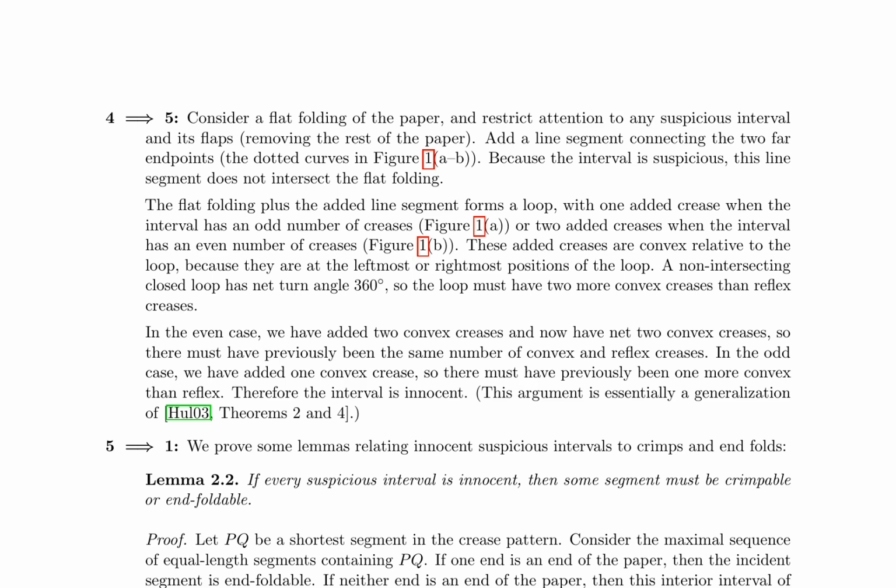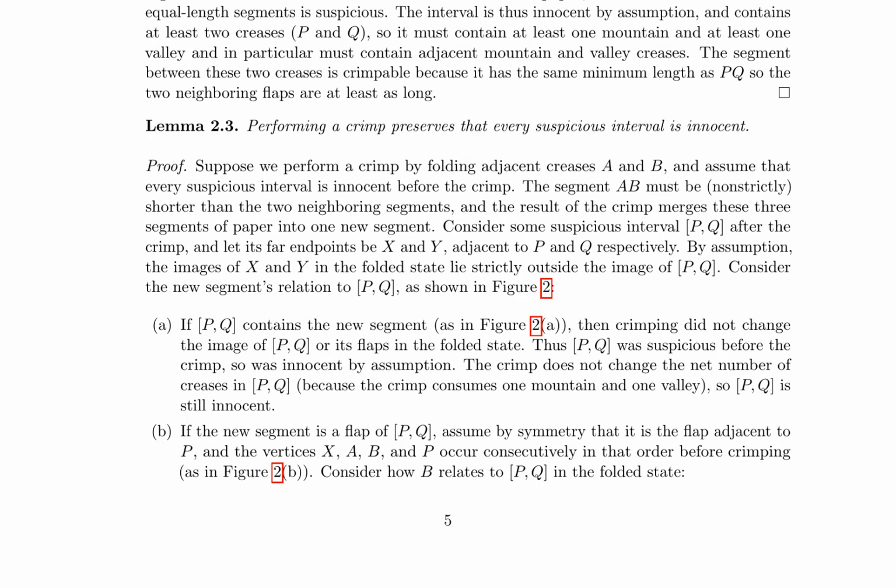The authors then proceed to demonstrate that performing a crimp preserves the property of every suspicious interval being innocent. This is shown by examining the effects of a crimp on the paper's geometry and crease pattern, with particular attention given to the transformation of suspicious intervals and their flaps. In the case where the new segment formed by the crimp contains the suspicious interval, it is shown that the crimp does not alter the image of the interval or its flaps in the folded state, thus maintaining the innocence